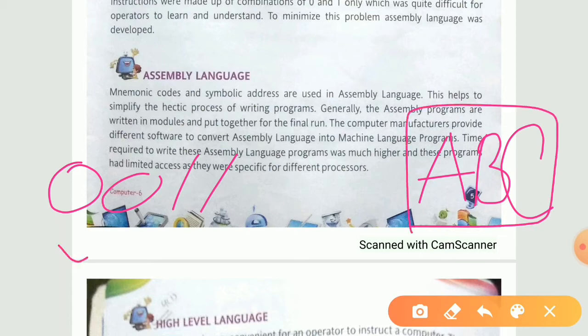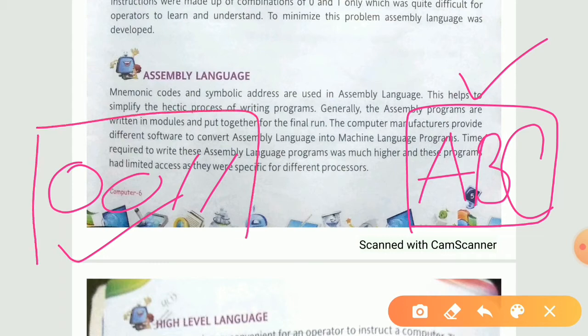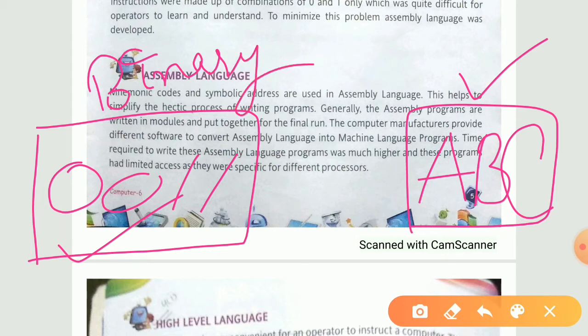So see, the combination of zeros and ones is very tough as compared to this ABC. ABC we know, we have many letters in the English alphabet, so we can make different patterns, and it is quite easy compared to machine language. But your machine understands only zeros and ones. This is known as your binary code, and this ABC is known as your mnemonic code. Mnemonic codes you understand, but your computer only understands binary language.